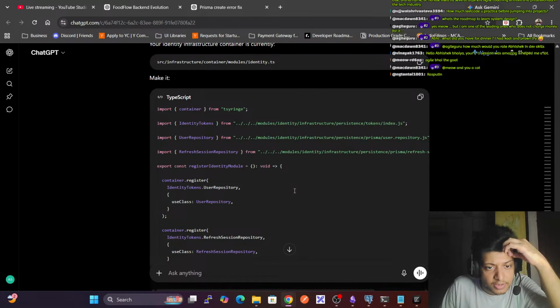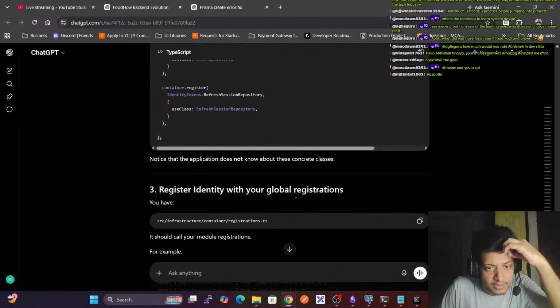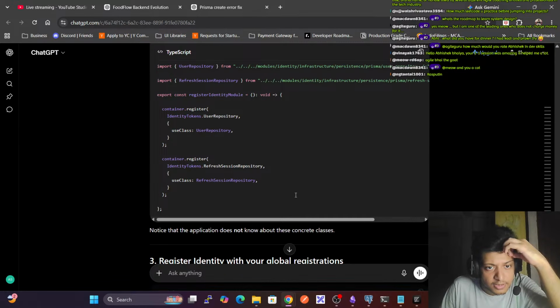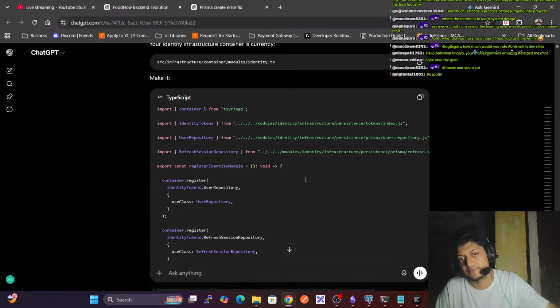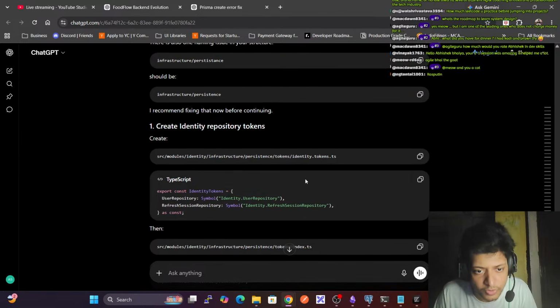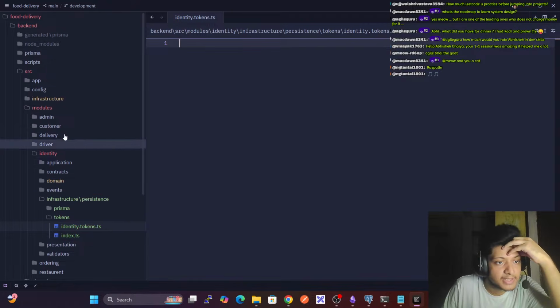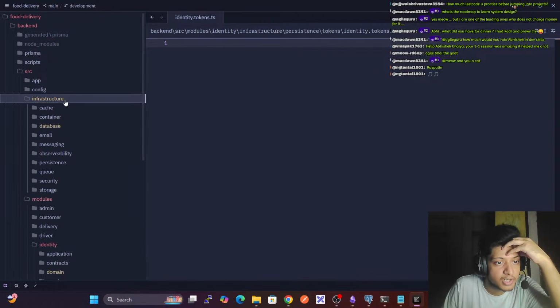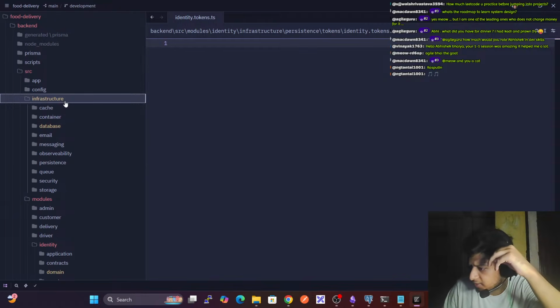Correct. Then you have to register this. Makes sense. Register user repository refresh. Okay, this makes sense. Correct. No issues. To understand this one, if we go to the infrastructure layer, infrastructure part,